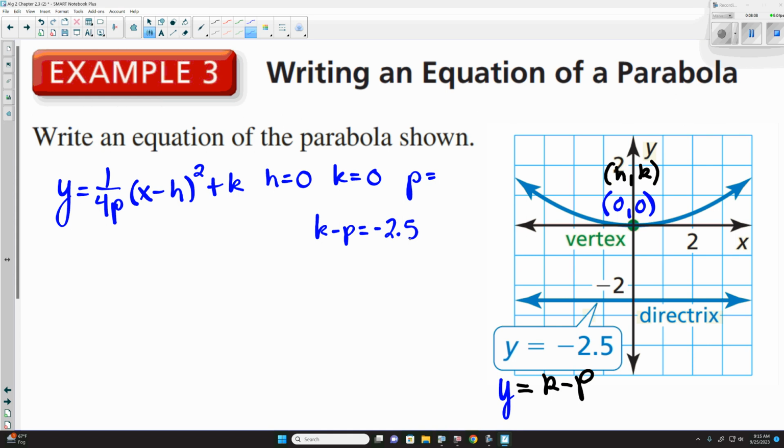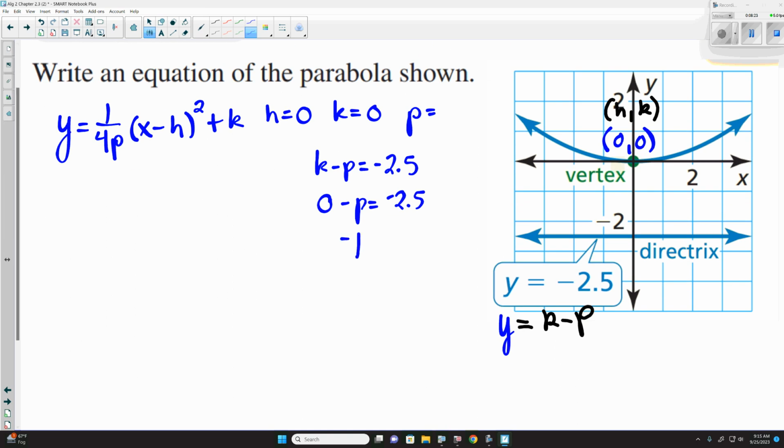I think some of you guys might have a guess at what the value of p actually is. Positive 2.5. But we can still go through the process of saying 0 minus p equals negative 2.5, we plug the values in. But that's just telling us that negative p is equal to negative 2.5. Divide both sides by negative 1, telling us p is